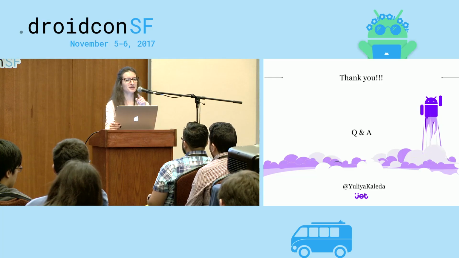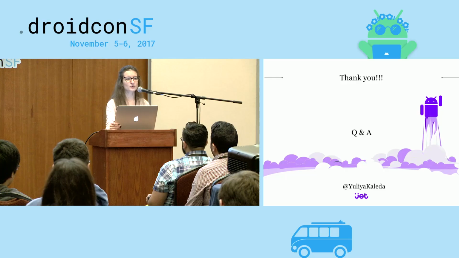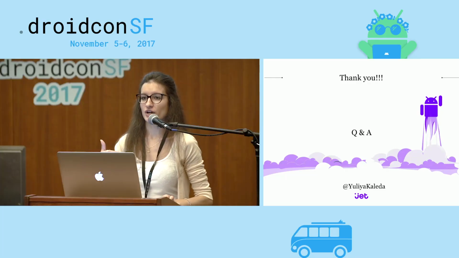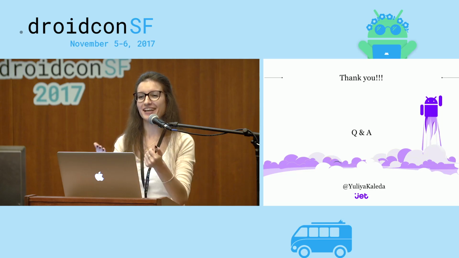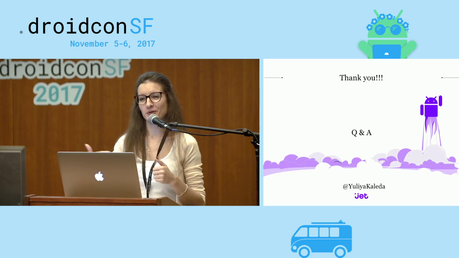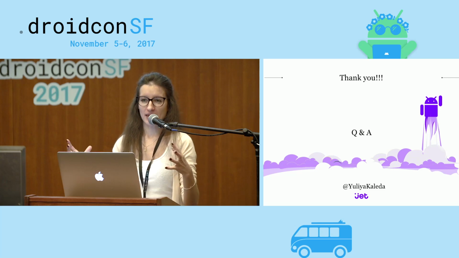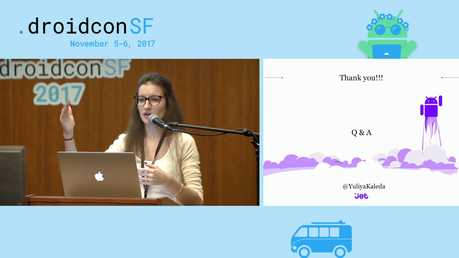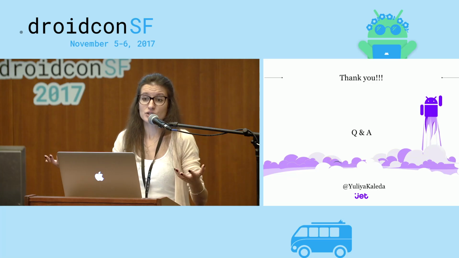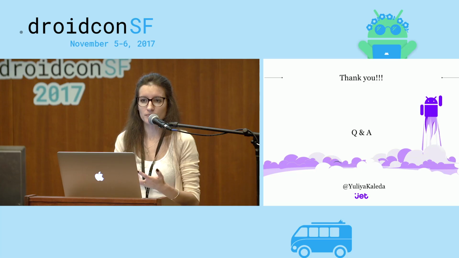Okay, sure, I remember that question. The question was, if I'm including some third-party libraries and dependencies, how does this impact my size? Well, it impacts your APK size directly. The more libraries and dependencies you pull into the application, the bigger your APK will become. There are no extra steps that you have to do to support these dependencies. They will be pulled through Maven or wherever you choose to pull them from, and they will work just like regular dependencies within your regular installable application. But you have to be mindful not to pull